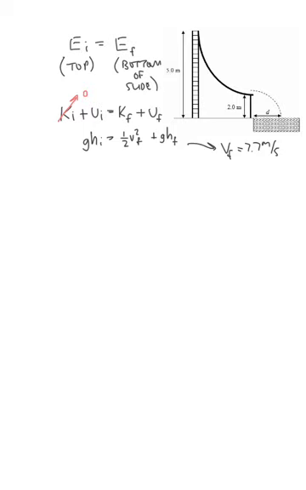Notice also that even though it's technically not correct, you could have gotten the same answer using kinematics, if you use the last kinematics equation with v naught equals 0, a is equal to g, which is 10, the delta y is equal to 3 meters because she started at 5 and she's ending at 2, and the v final is a question mark. If you went through this, you would still get an answer of 7.7 meters per second,